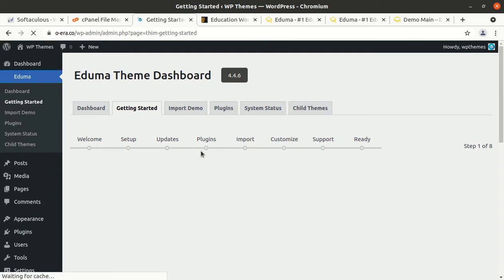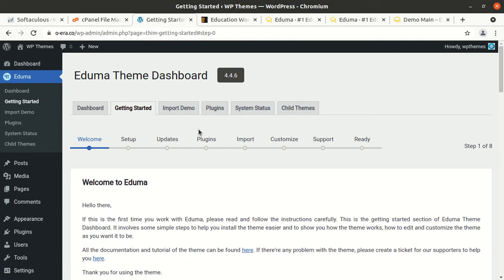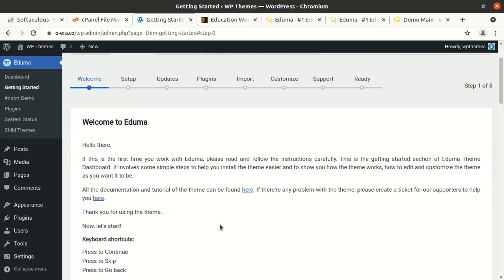Okay, so now we are on the Aduma theme dashboard and it is being loaded. This screen is saying that we need to read all the instructions, and the documentation is always online, and you can check all these features and the documentation set.